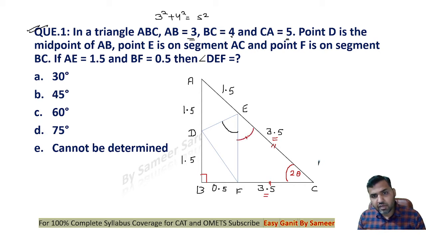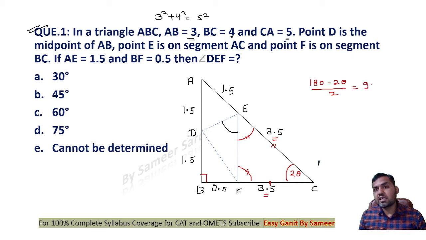So can I say the value of both of these two angles will also be same? Now this is 2 theta. Can I say that the rest of the angles will have a summation of 180 minus 2 theta? And because both of these two angles are equal, can I say each of these angles will be equal to 90 minus theta? That means this angle is 90 minus theta as well as this angle is also 90 minus theta. Now this is 2 theta, this is 90. Can I say this would be 90 minus 2 theta? This angle would be 90 minus 2 theta.